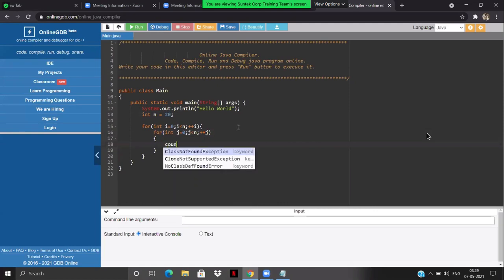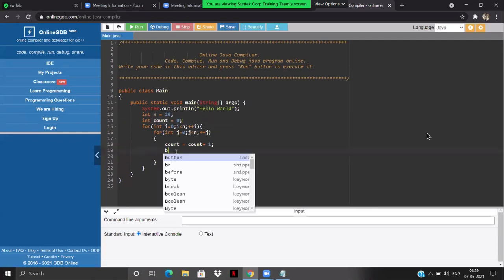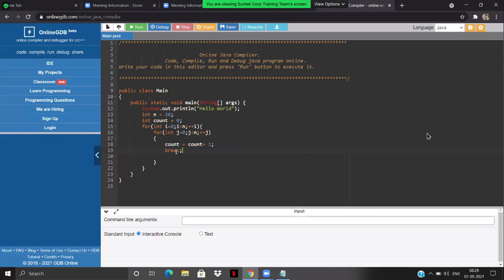And let's say I'm increasing my count variable by 1 each and every time. Over here, I have defined a variable count equals 0. And right after this, I do have a break statement.